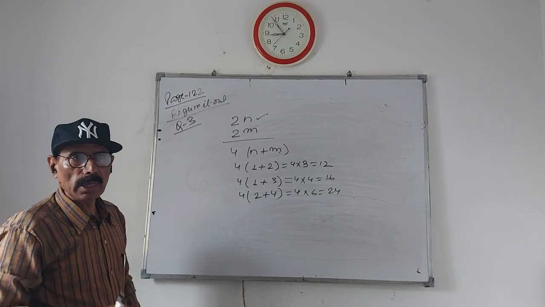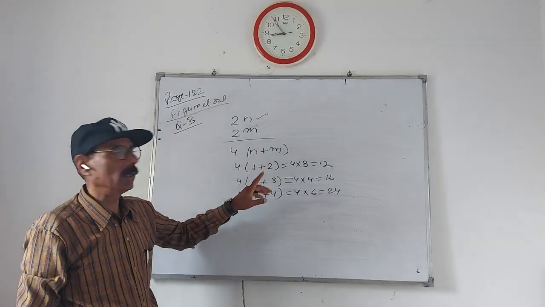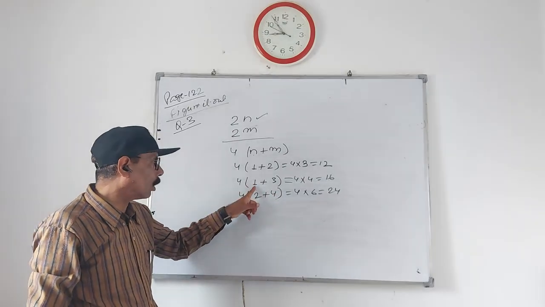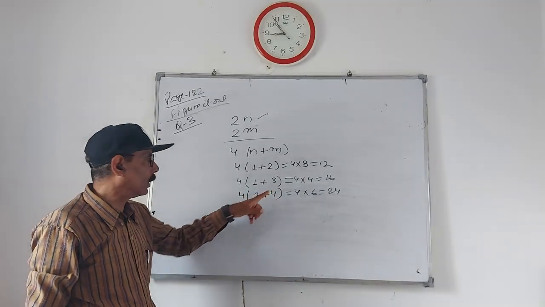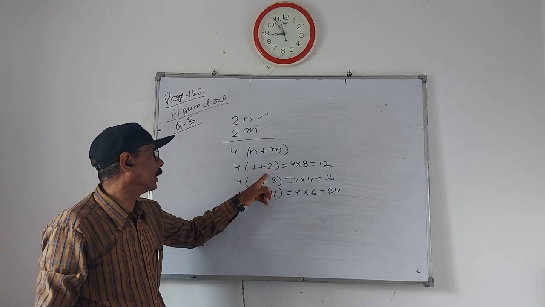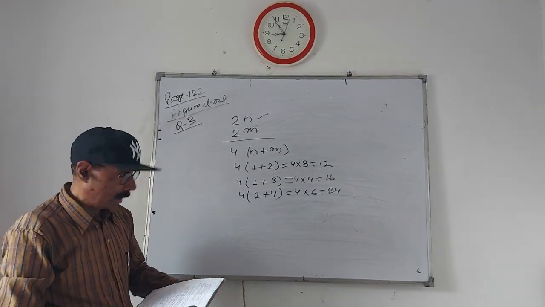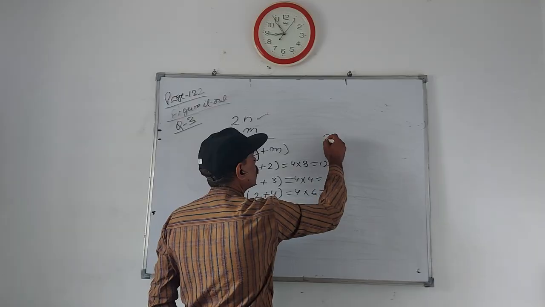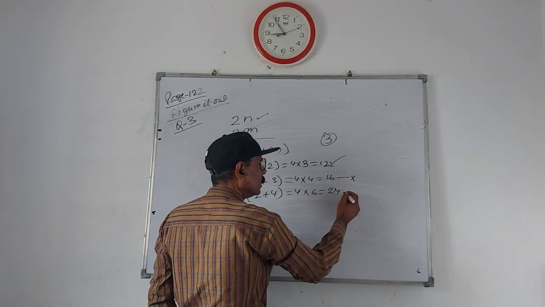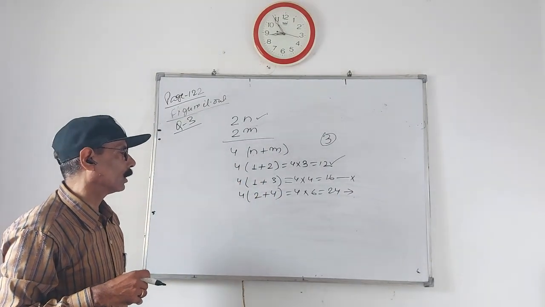What we have checked: we have put the values of n and m in different ways. First time we have given consecutive values 1 and 2. Second time 1 and 3, odd number value. Third time we gave even number values. So like this we have checked in different ways. In the consecutive way, this is 12, divisible by 3. We are checking divisibility by 3. So this is divisible by 3, but this is not divisible by 3.